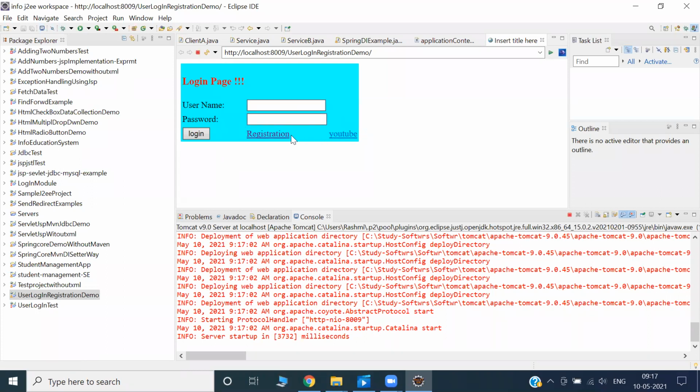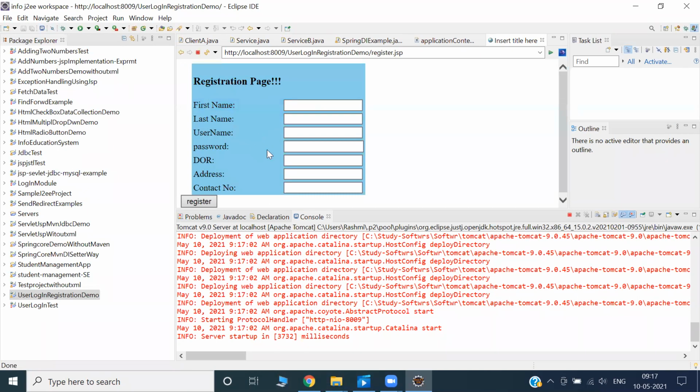This is a link, and this is an action. Suppose you want to register. Here I can put a radio button for gender, where you can select male or female.